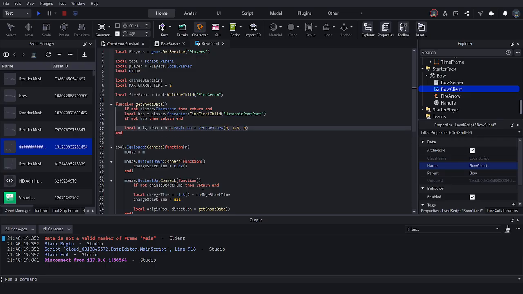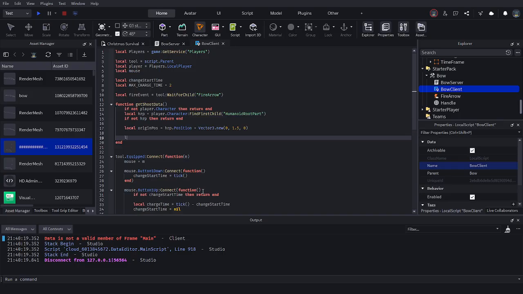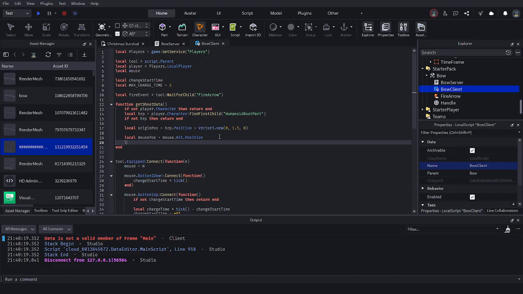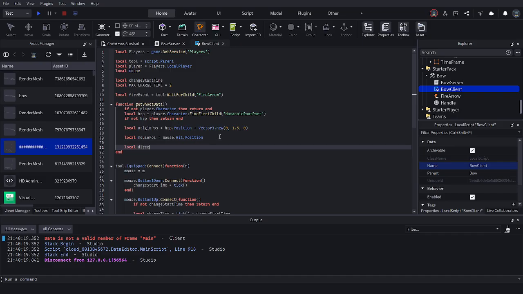Boom. Now we're going to go over to our mouse position, which we'll now be able to use because we're setting it to this. Because yeah, global scope, local scope, you know the deal. Now we're going to grab the direction of the mouse, which is going to be equal to the mouse position minus the origin position. So we'll be able to figure out if